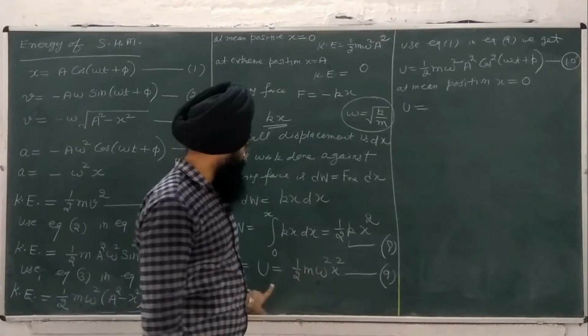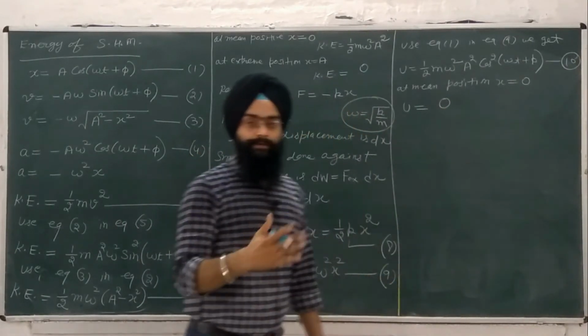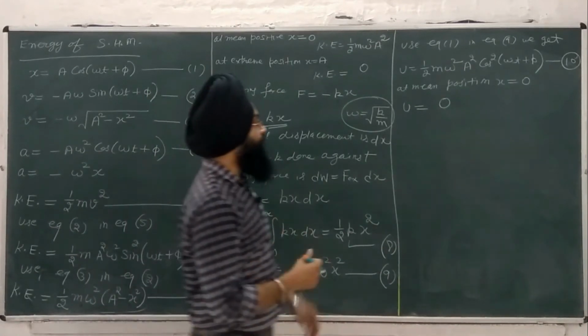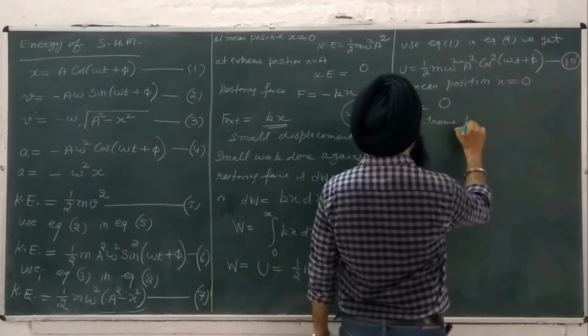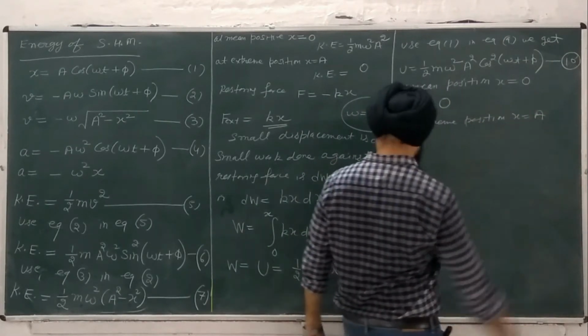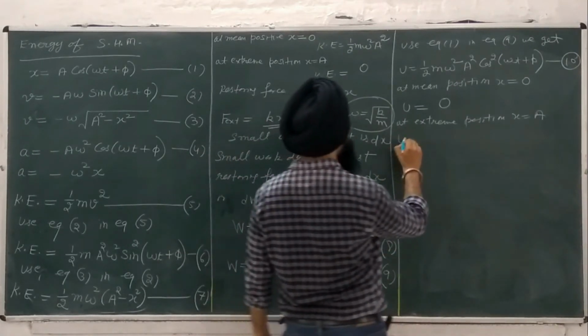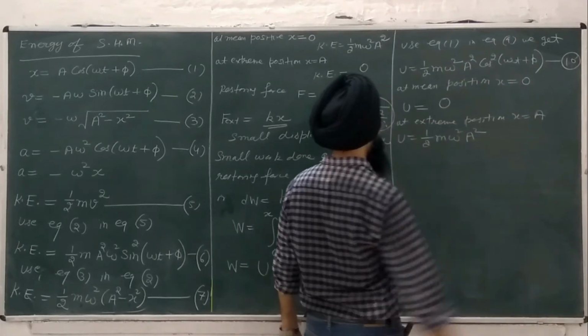At x equal to 0, at the mean position, the potential energy is 0. But at the mean position the kinetic energy was maximum, and the potential energy is 0. At the extreme position, we have x equal to a, the potential energy is